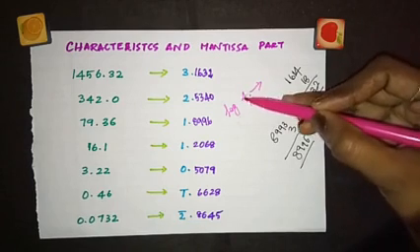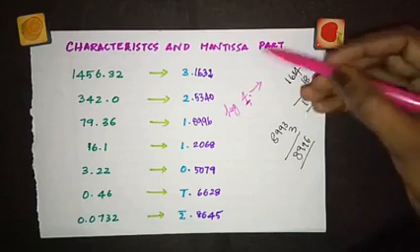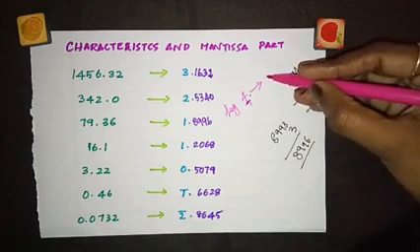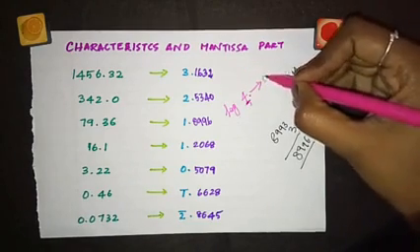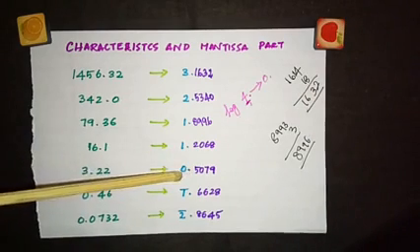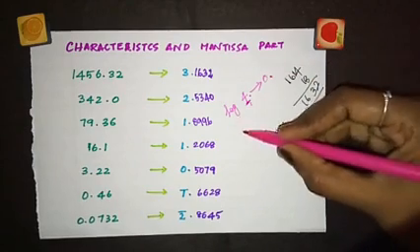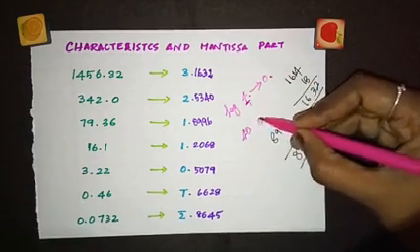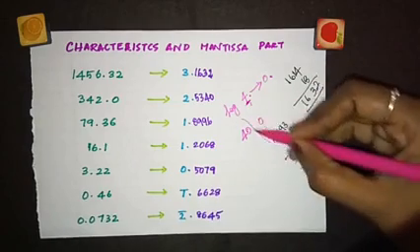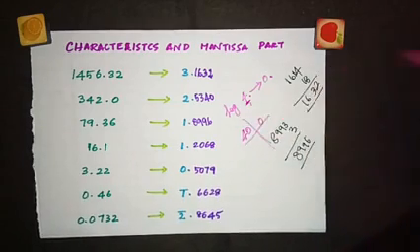So before the decimal, you have just one digit. When it is 1 digit, what are you supposed to write in the characteristic part? 0 point. Do you remember? Look here. There is 1 digit before the decimal. You wrote 0 point. Now, when you are looking into the log table, you have to look for 40, 0. So 40 in this horizontal part and 0 on the vertical part.